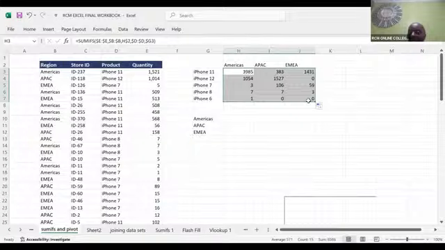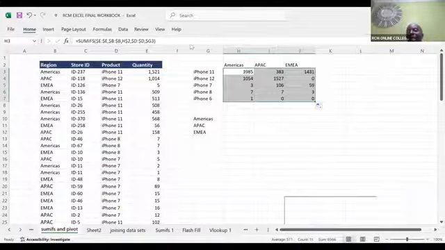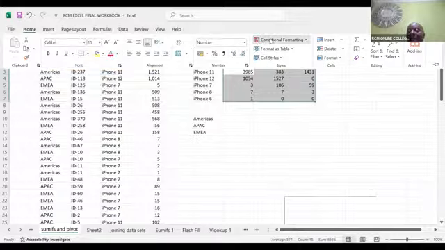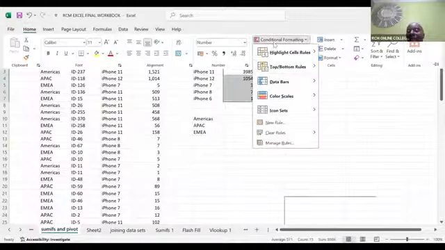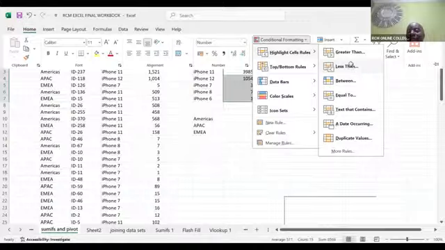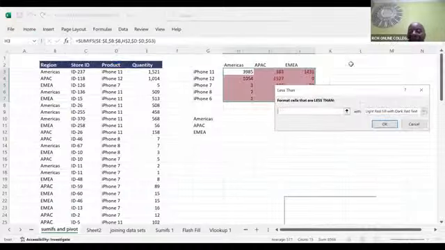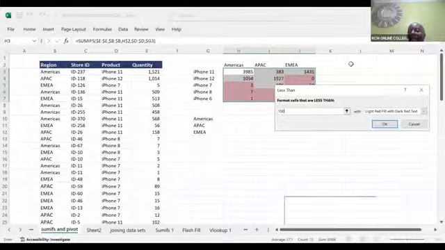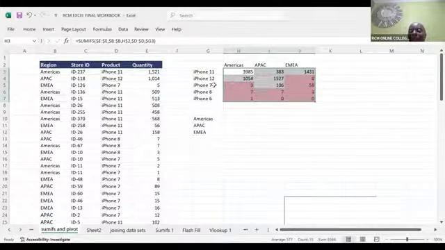Great. And then I can come and do some great conditional formatting, as I will show you. I'll come back home here and search for conditional formatting. Perhaps I should place an order whenever my iPhones to the various regions are less than 50, or say less than 100. So whenever they're less than 100, I should place an order. And you can now see those areas. For iPhone 7, we have many of them in America. So those areas already have been formatted.